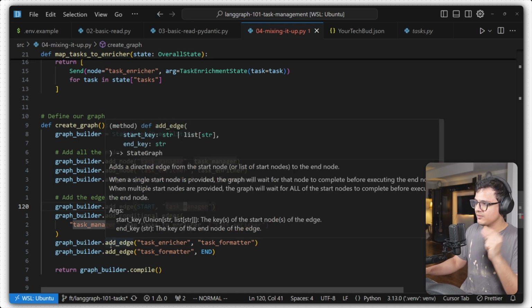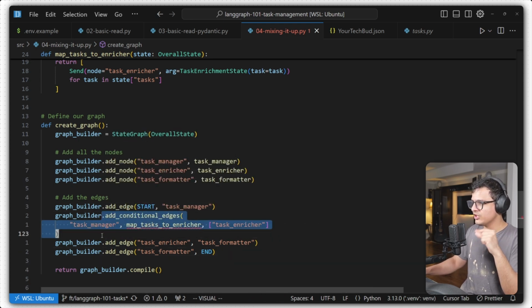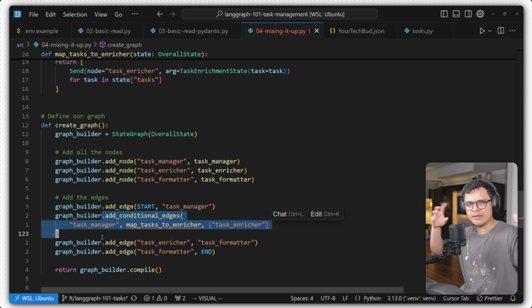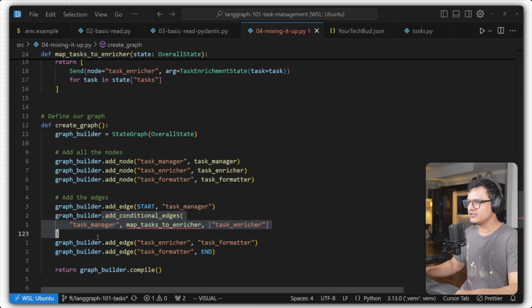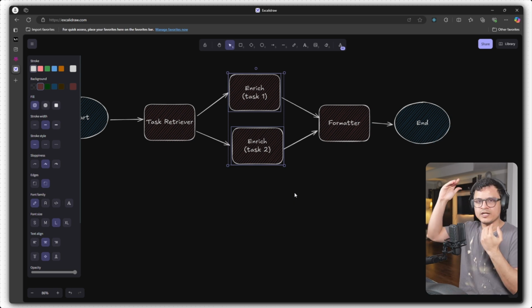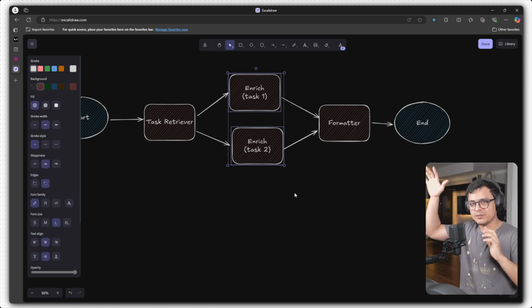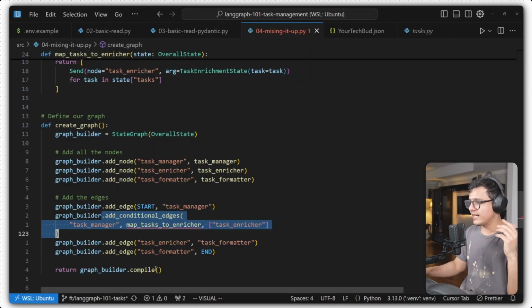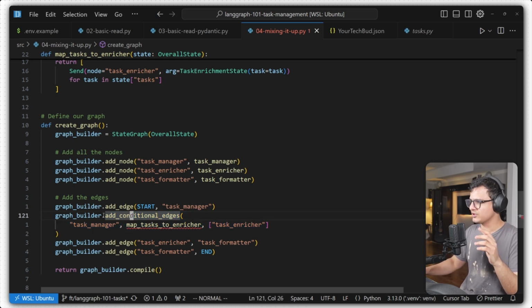Whenever we are proceeding from the task manager to the enricher, we are not going to just add an edge, because this is like a dynamic edge. Think about it like a dynamic edge, right? Because like I mentioned just a little while ago, there could be multiple tasks. So there could be multiple enrichers. It's not just one edge, it's multiple edges. So it's dynamic. Whenever you want to do dynamic edges or conditionals, you use this function where you say add